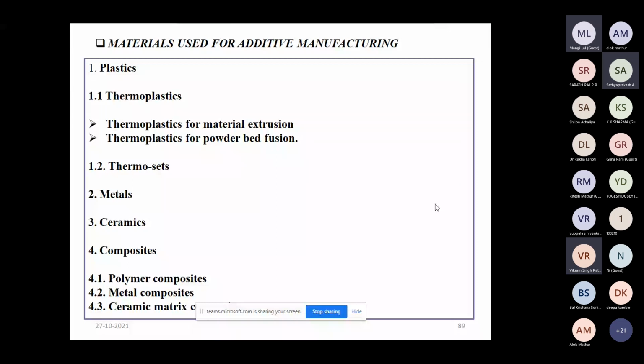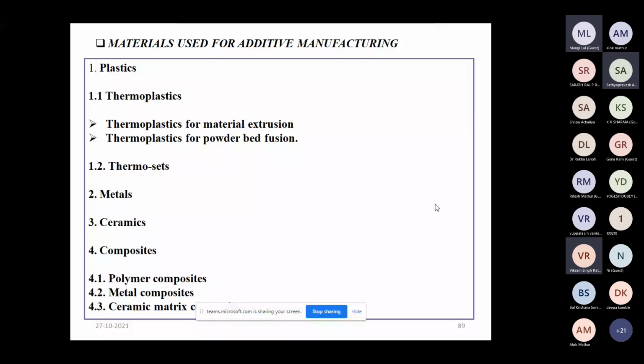So these are the materials which can be used for the additive manufacturing process, but the main condition is the application. The fundamental backbone for the use of additive manufacturing is the application.